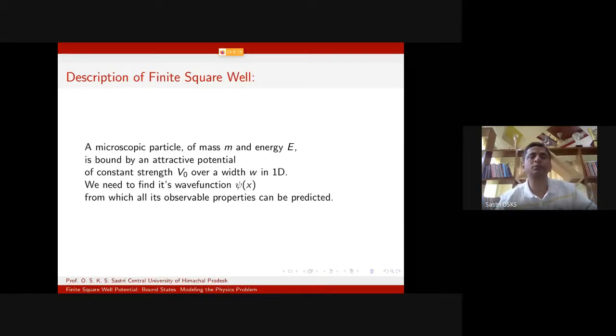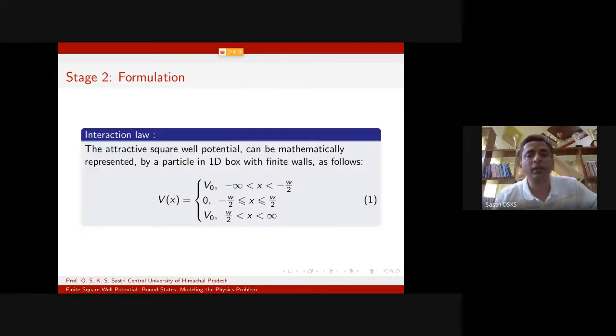When we ask students, what do you mean by a finite square well, or what do you mean by a simple pendulum, they do not come up with the right definitions. That is because one of these 8 aspects will be missing if they do not focus on individual aspects of the description. So the second stage is formulation, where we put mathematical language into the physical description.